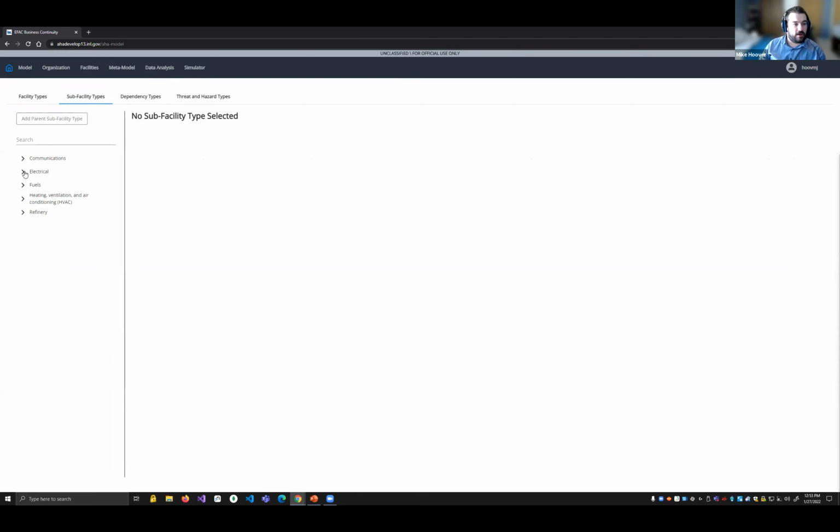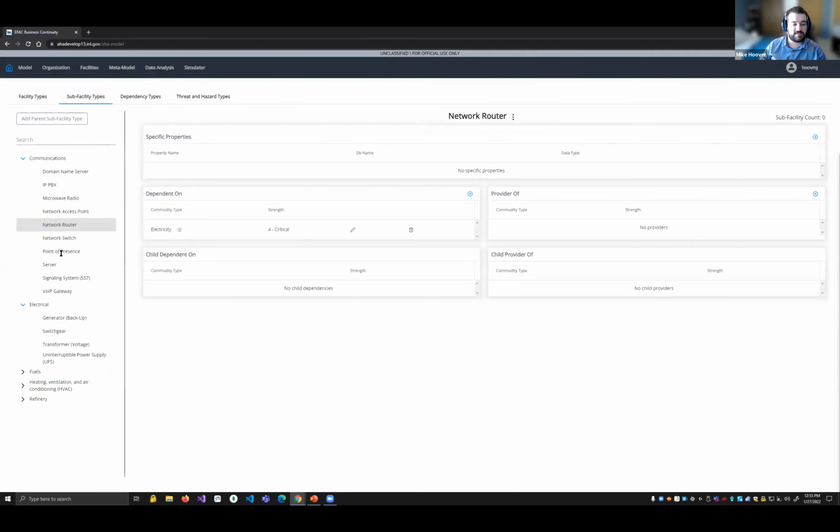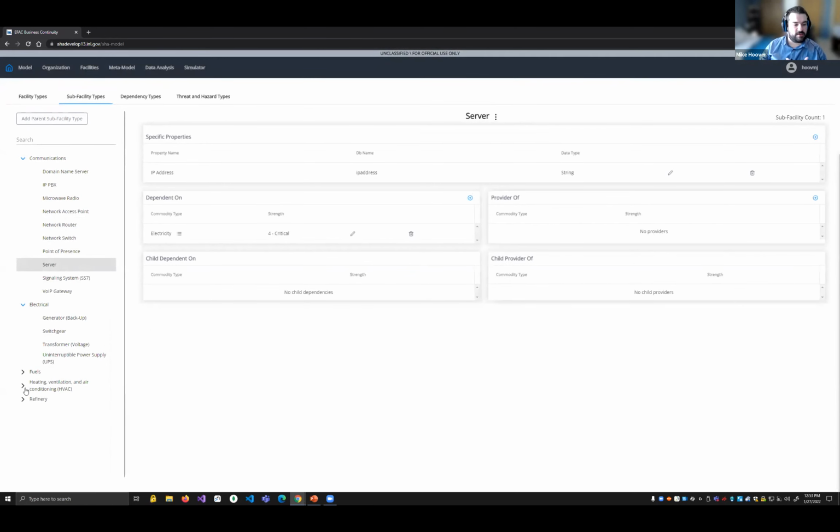And so we can take the example of understanding backup generators. Within communications, we can understand things like network routers, access points, server racks, as well as HVAC fuels, and honestly, once again, whatever it is that you want to model within the assets themselves. And so this takes a particular point within the framework as well, is that this is where we're starting to see a lot more cyber integration within our framework, where we can say, hey, what if a cyber disruption disrupts our server, or cyber disruption affects our network router? Then we can start to see impacts to other critical infrastructures at that level as well,